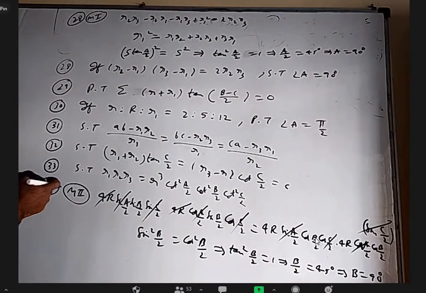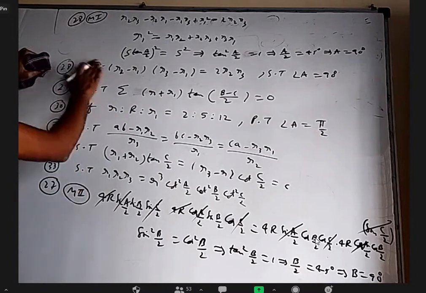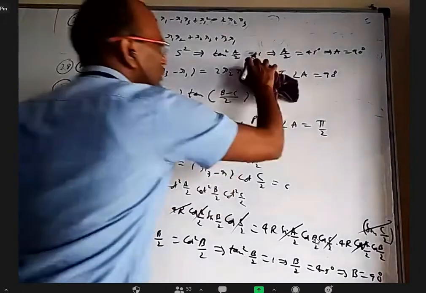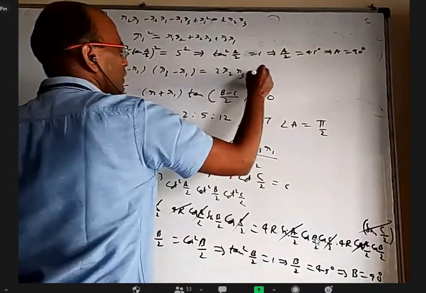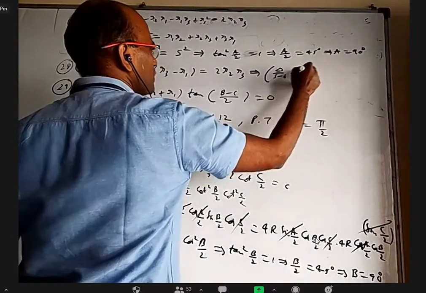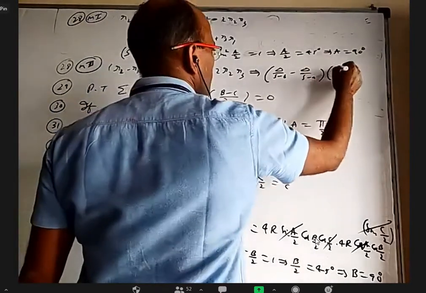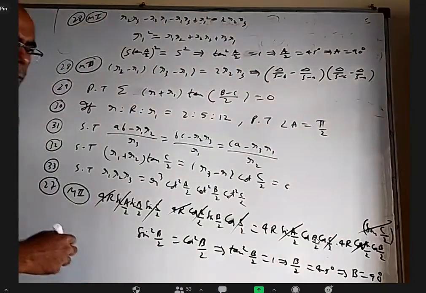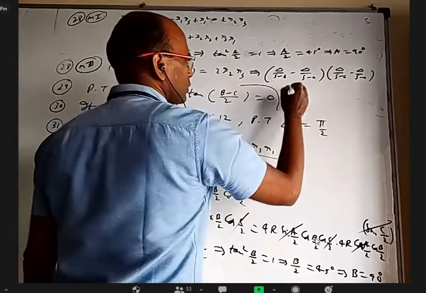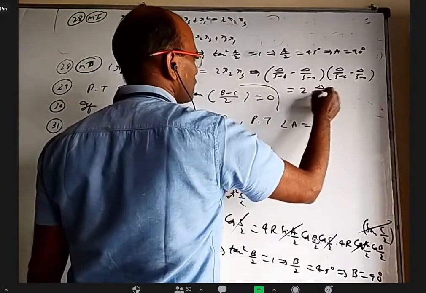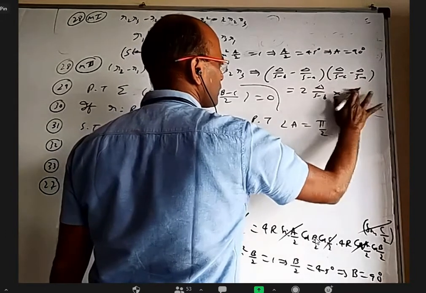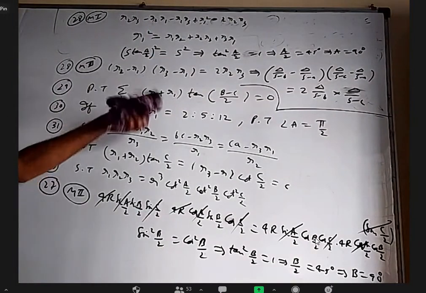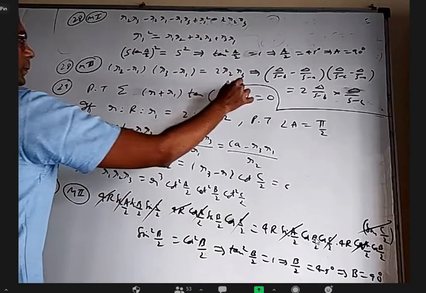Another one is you can use the delta by S and all that. Method 2. Take this and write delta by S minus B minus delta by S minus A, delta by S minus C minus delta by S minus A, equal to 2 into delta by S minus B into S minus C. Okay. You have to simplify this. I'll simplify it after arranging this.